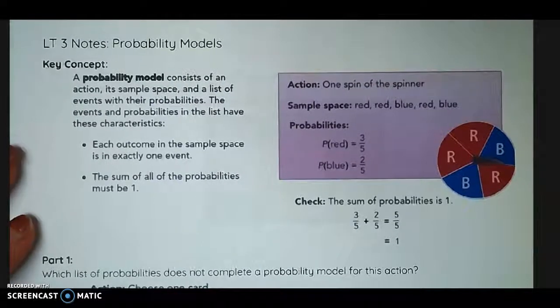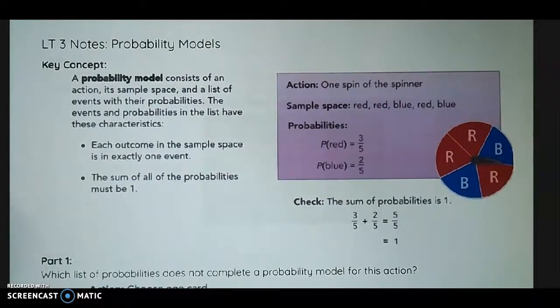Good morning. Today we're going to be talking about probability models. So a probability model consists of an action, its sample space, and a list of events and their probabilities. The events and probabilities in the list have some specific characteristics. So each outcome in the sample space is in exactly one event, and the sum of all the probabilities must